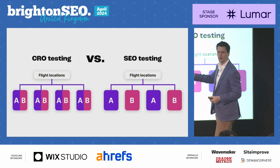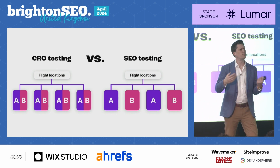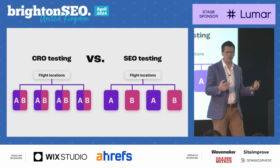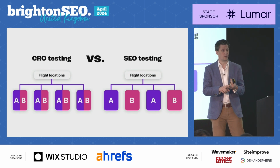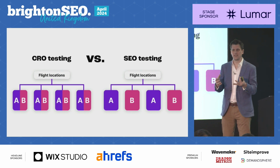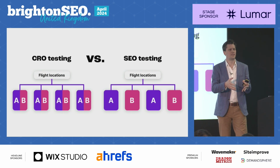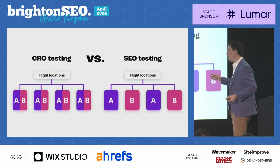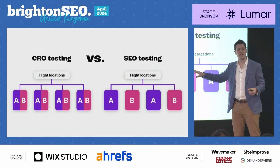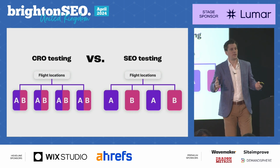If you try to do that for SEO testing, you're going to run into a few problems. It's going to be some combination of cloaking, duplicate content, or just invisible to Google. Because Googlebot is essentially like one visitor to your website. So you have to put them in either the A bucket or the B bucket. Wouldn't work. So what we do is we run on very large websites,